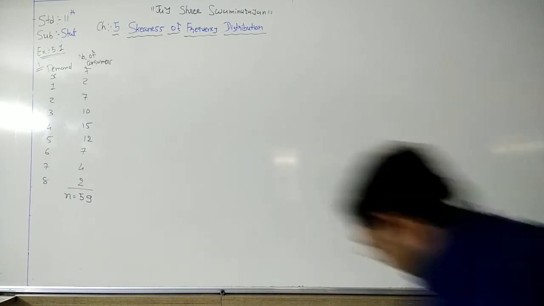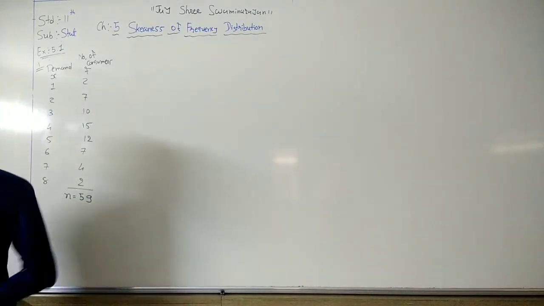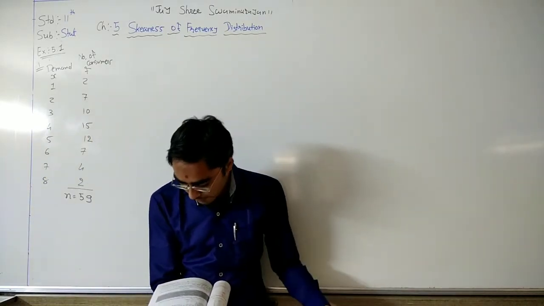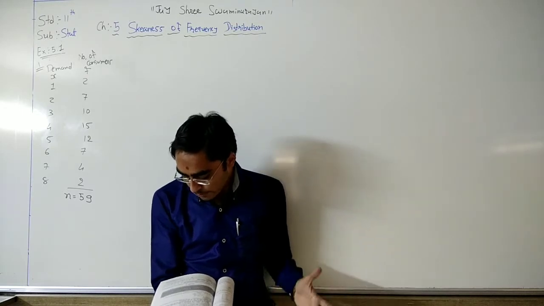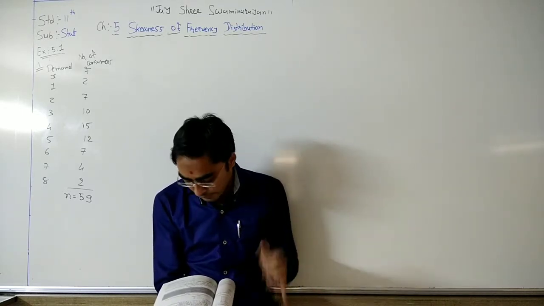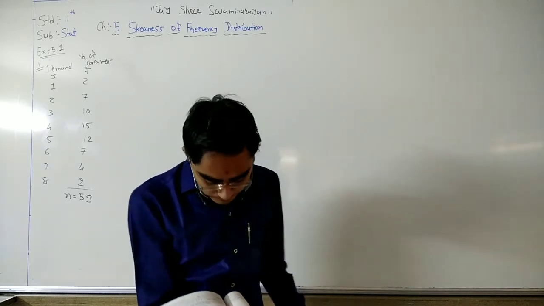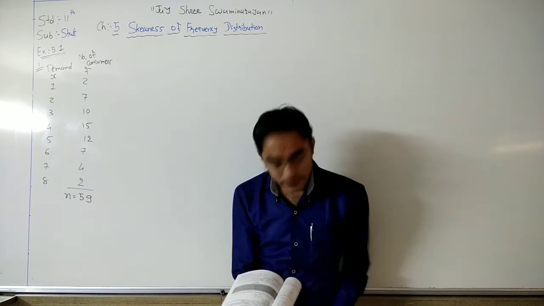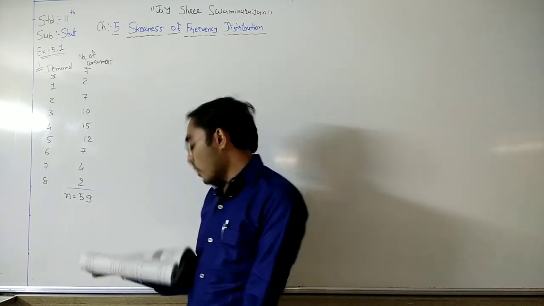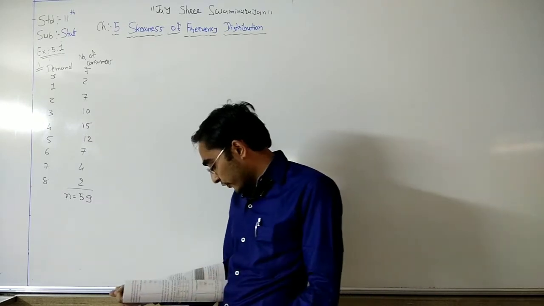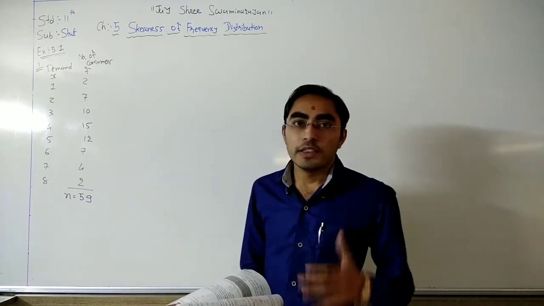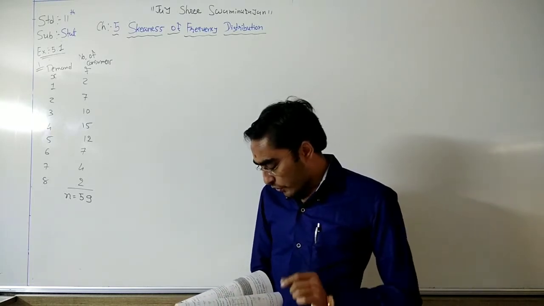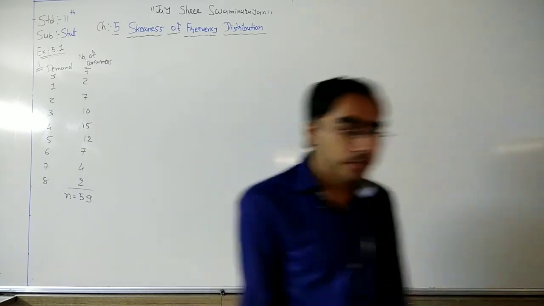Here in question number 1, it is given that the following distribution shows demand of 500 ml pouches of pasteurized strong milk by 59 consumers. Find Karl Pearson's coefficient of skewness from this data. Here demand of milk pouches in units is given to you and number of consumers is given to you.